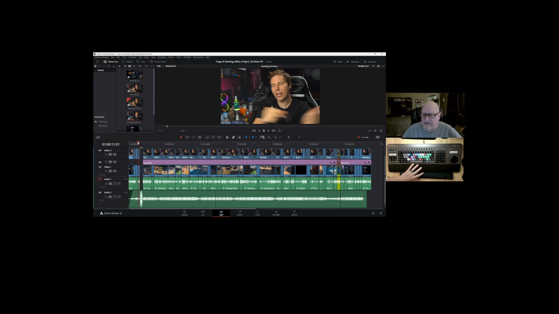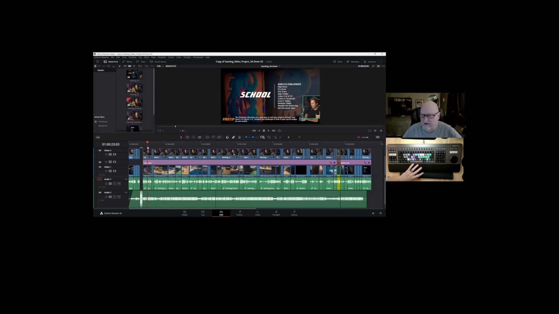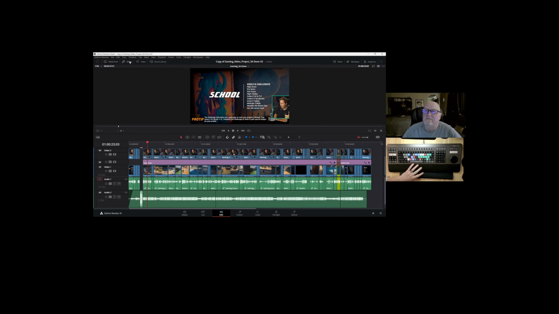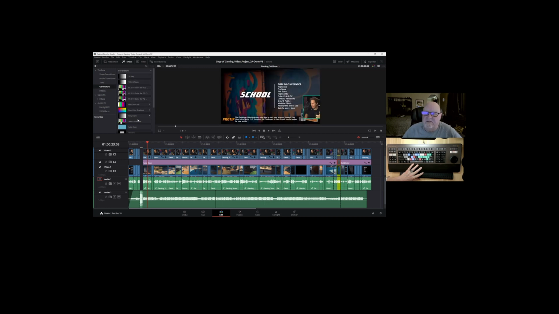So as we're going on here, let's talk about the layers. Okay, so the bottom layer is the school thing, and that's right here. The big long purple line here is called, let me just twirl up media pool and swirl down effects, a generator, and it's a solid color generator. It was put in all at once. So if we highlight this, and I'm going to get to this little break here in just a minute,